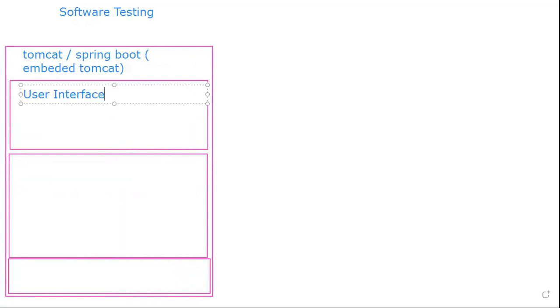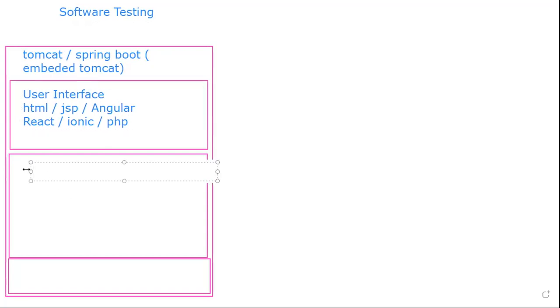User interface layer, which can be written in HTML or JSP, or we can use Angular, React, Ionic, even PHP, and this is the business logic layer.